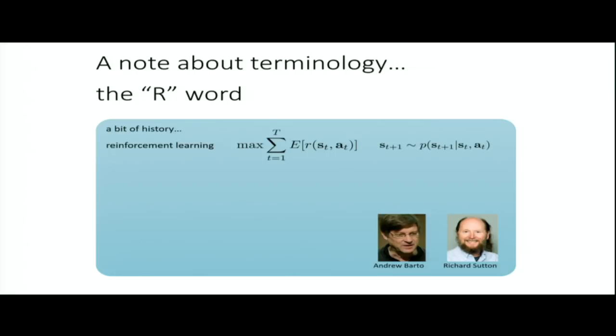We already know what all these parts are, so I can introduce this right now. You want to maximize your reward, subject to this constraint that your states are distributed according to your dynamics. We'll get more into this on Wednesday. Now, this is exactly the problem that is addressed in optimal control and dynamic programming. It's exactly the same. So the problem statement in reinforcement learning, the problem statement in optimal control, and the problem statement in dynamic programming, it's the same problem.